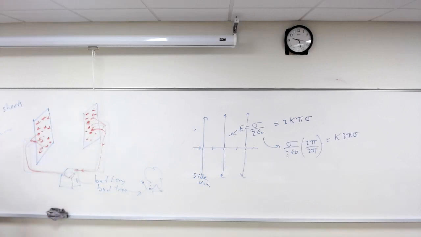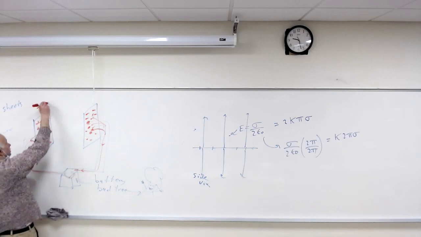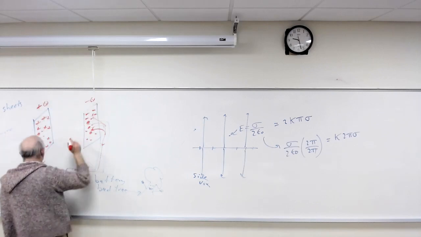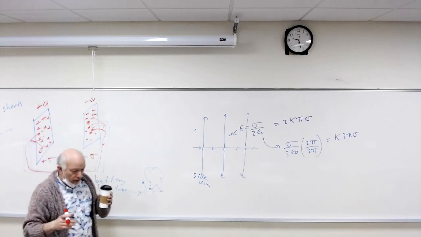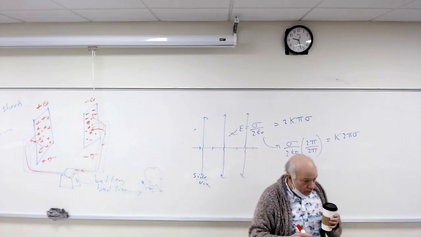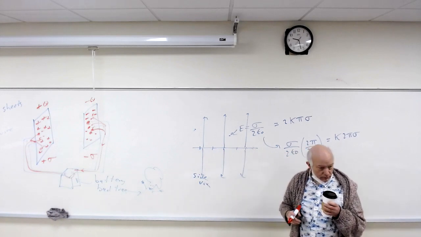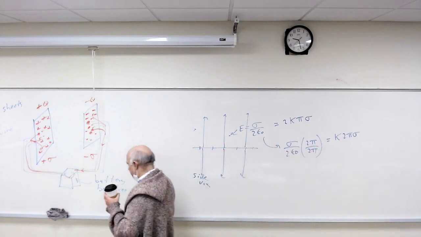What do you know about the charge on each of these plates? How does this charge here compare to that charge here? They're equal in value, but opposite. Yeah, so if this is plus Q, then this will be minus Q, or if this is plus sigma, this is minus sigma, because you're assuming the plates are identical. Does that make sense? Yeah. So let's actually see what we have here.